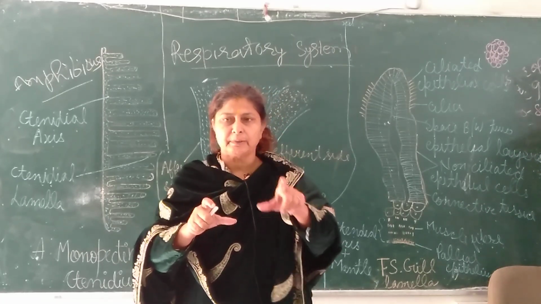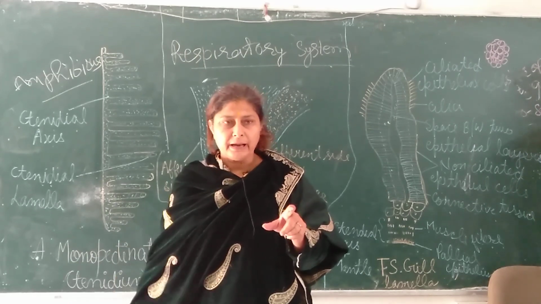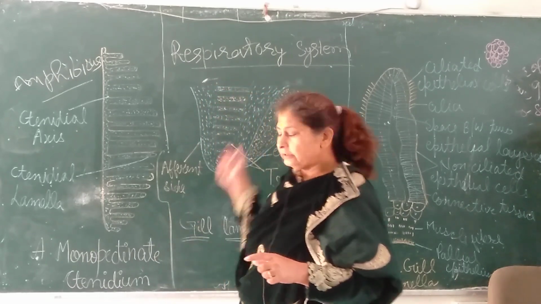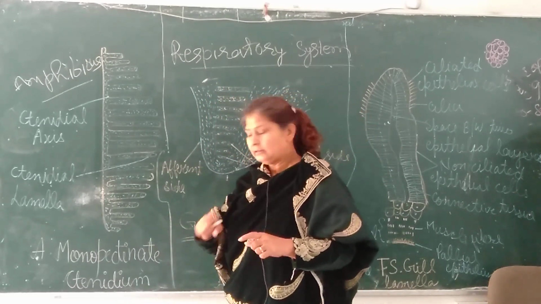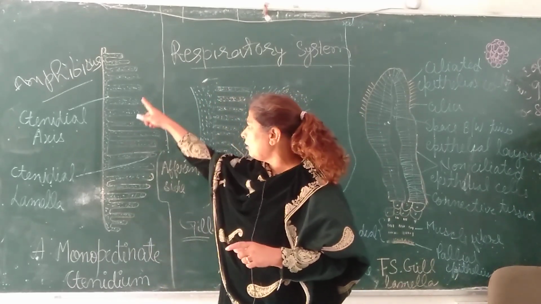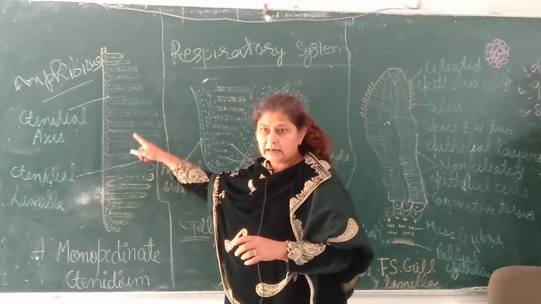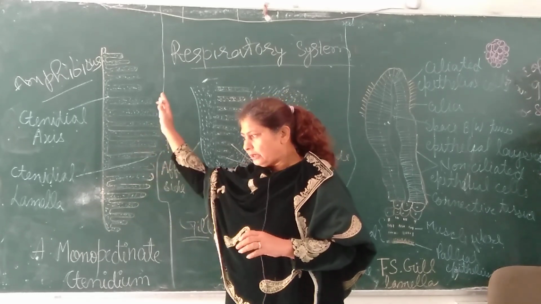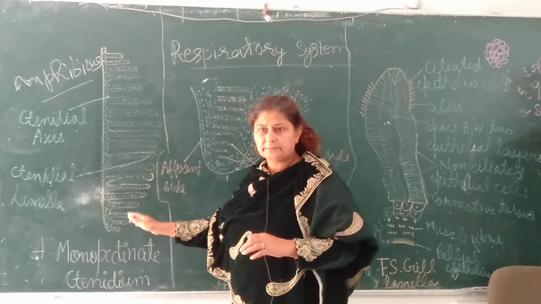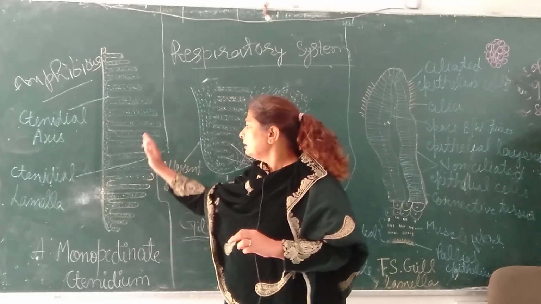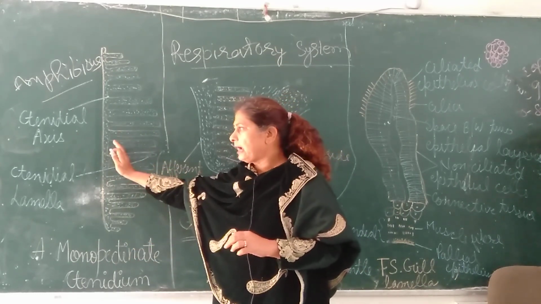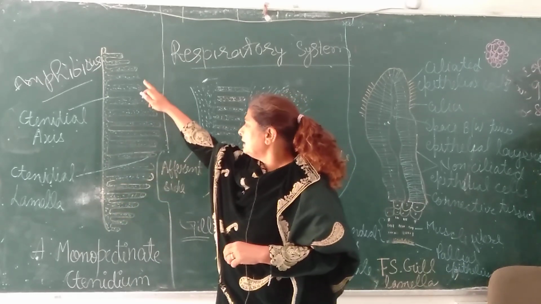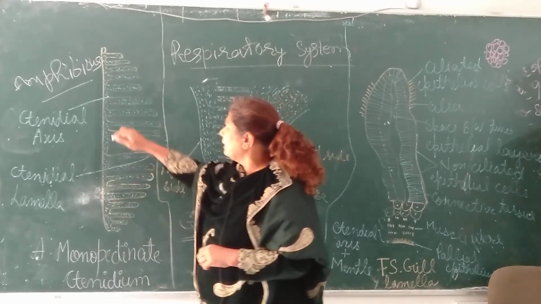on the left side, there is the bronchial chamber which contains the gill. There is only one gill. This is called ctenidia or gill. This gill is present parallel to the intestine, rectum or anus. Just near to that and parallel to that, in the bronchial chamber, there is one gill.